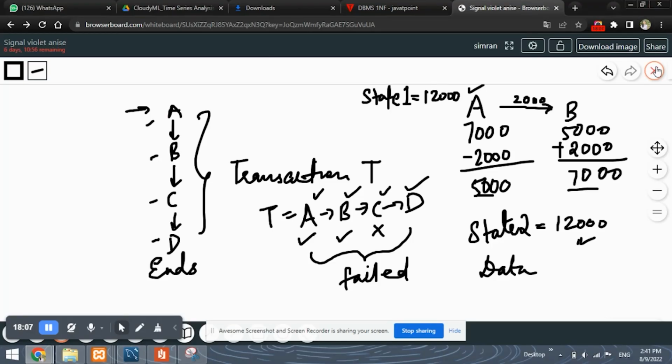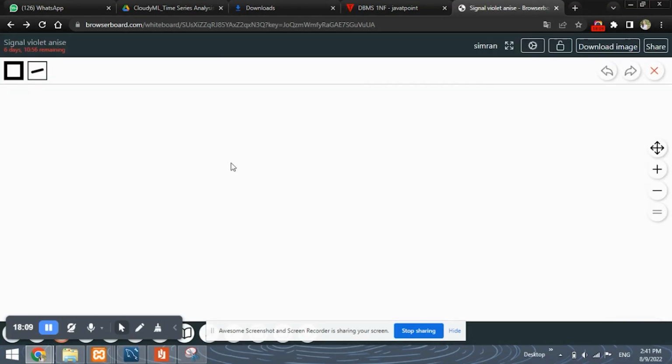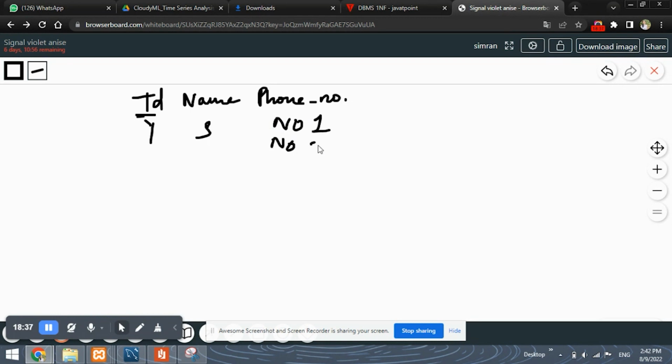So let's understand this with an example. Suppose we have a table wherein first you have the ID, the name, and the phone number. In normal life also, we have a habit of giving one or more phone numbers whenever we fill certain information in a database. Why? Because if one number is not reachable, then you can have another number also. So suppose